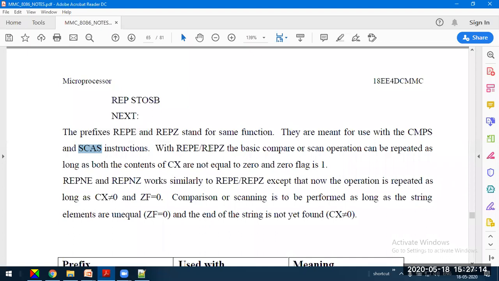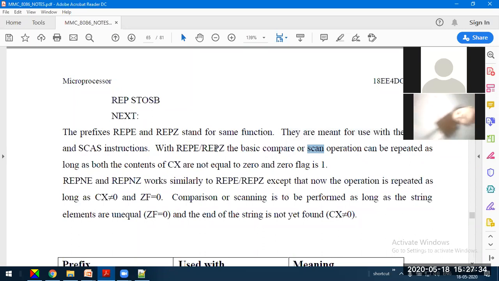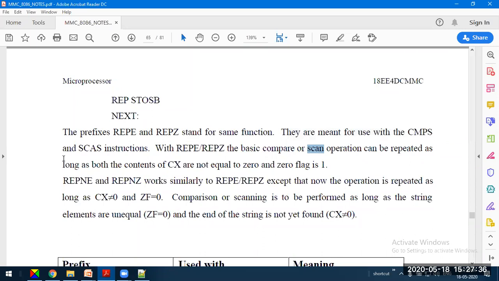With REP and REPZ instructions, the basic compare or scan operation can be repeated as long as both the contents of CX are not equal to 0 and the zero flag is set to 1. That means for comparison and scan operations, we can use either REP or REPZ instruction; they do the same job.